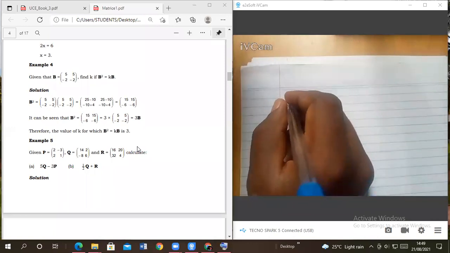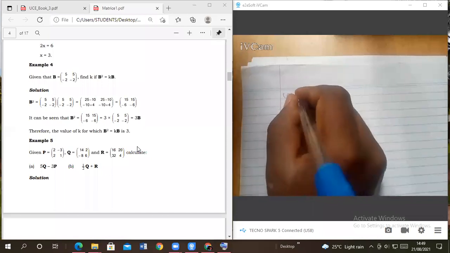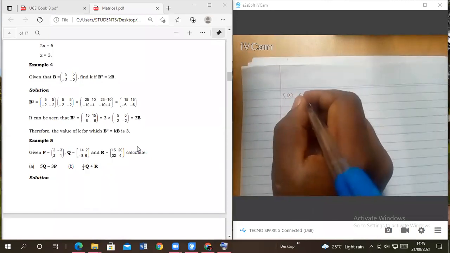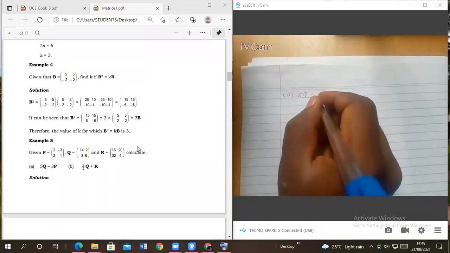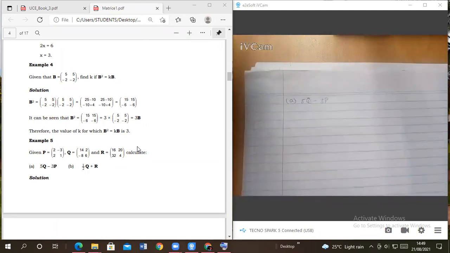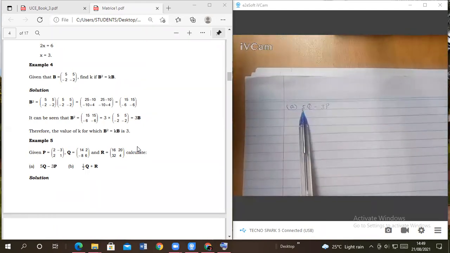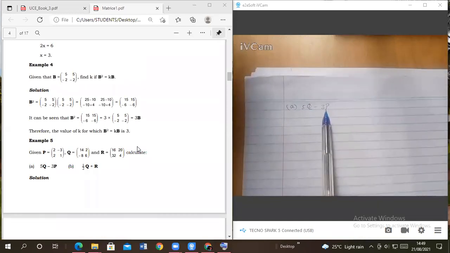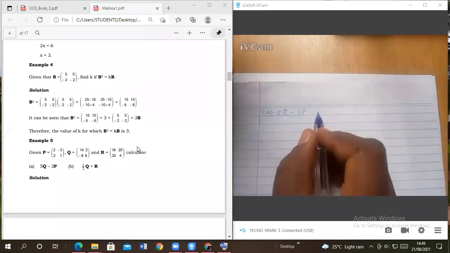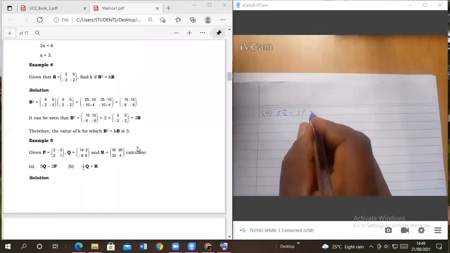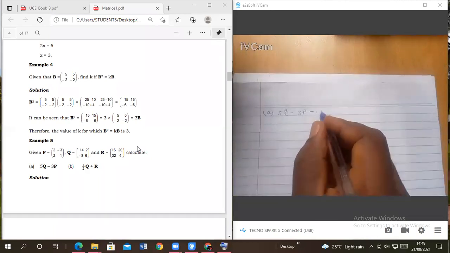So they want us to calculate for part A, that is 5q minus 3p, of which here we shall have a scalar times the matrix q minus a scalar 3 times the matrix p. Okay, so when you try to substitute the matrices in this expression, we shall have this as